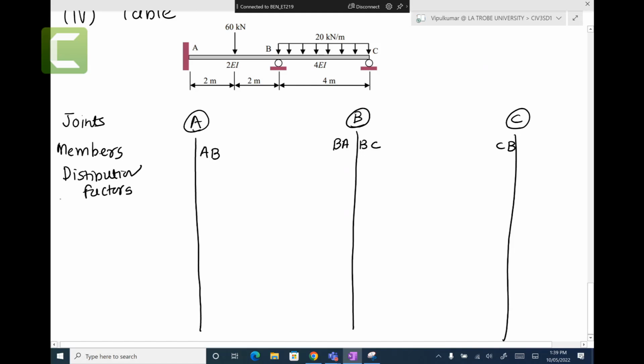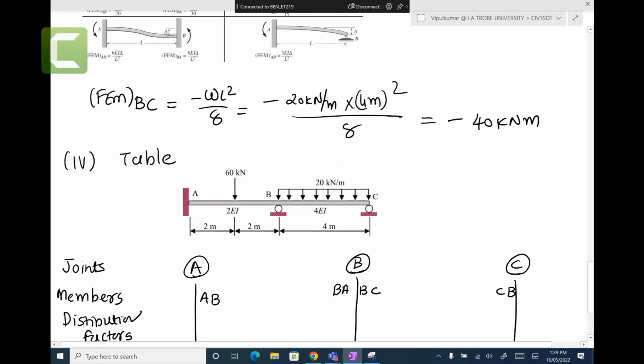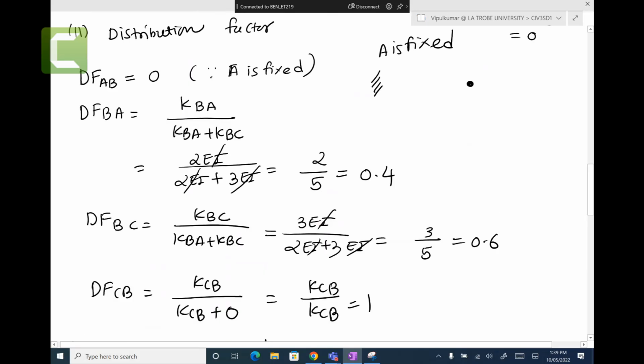You write distribution factors. After distribution factors, we need to draw a line, I think, yep. After distribution factors, draw the horizontal line. Right, we can just go back to our previous calculations, where we said the distribution factor of AB is 0,